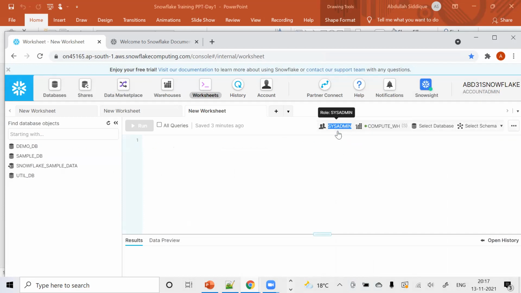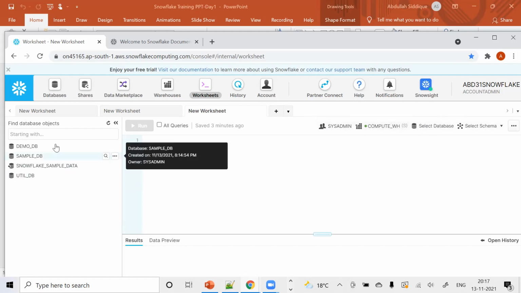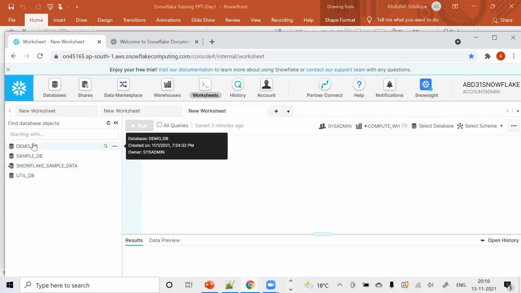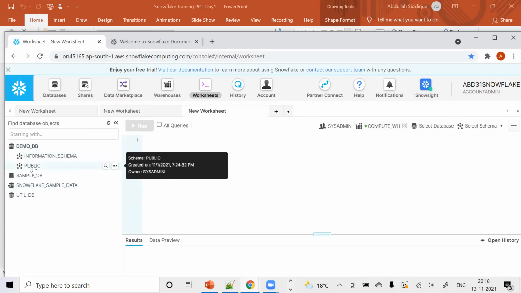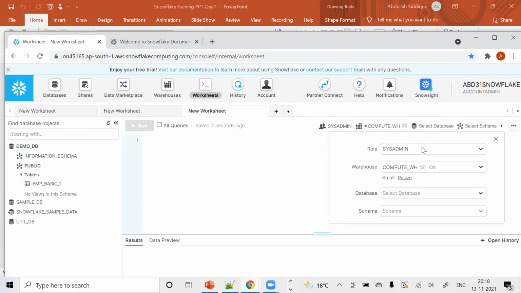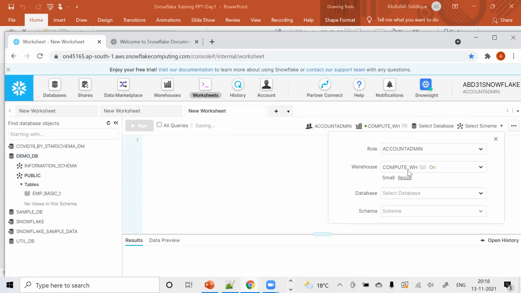If I choose sysadmin, I have chosen this context area as sysadmin. See, if I refresh it here, and if I open demo DB and open public, I will not be able to see that table, that SF sample which I created, right? Because it is not owned by the sysadmin. But if I go to account admin,